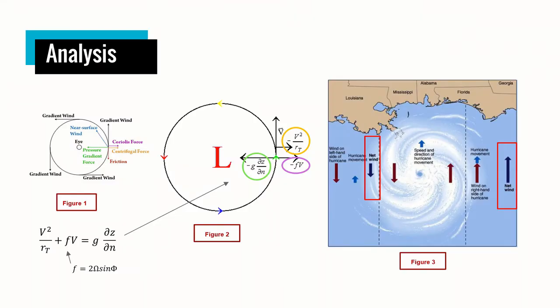Upon analyzing, it is found that the maximum wind speed results from what is called the gradient balance. This force balance accounts for the centrifugal force, the pressure gradient force, the Coriolis force, and the frictional force. Of these forces, the most apparent is the Coriolis parameter f, which is found using omega, the Earth's angular velocity, and phi, the Earth's latitude. From here, we use the pressure gradient and the radius from the center of the eye to estimate the maximum